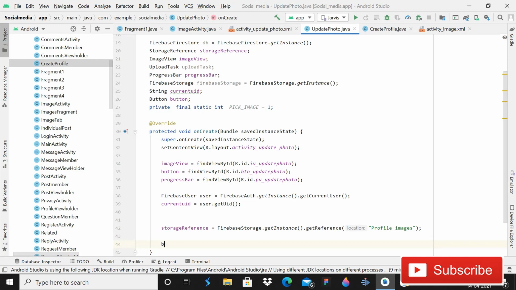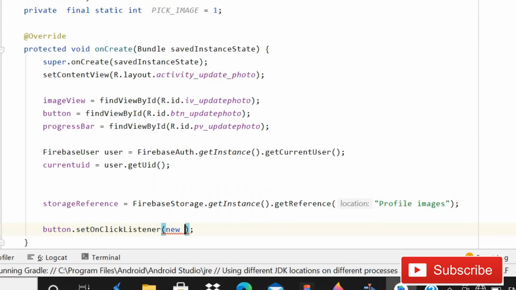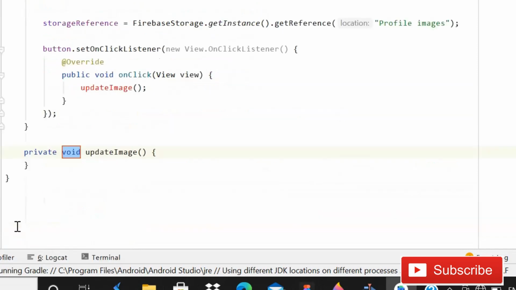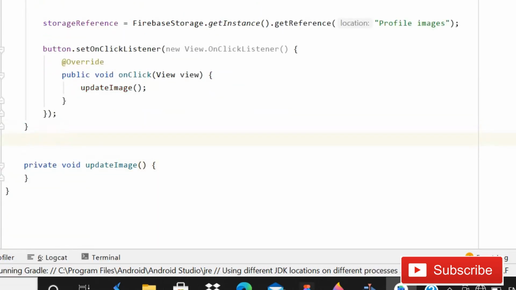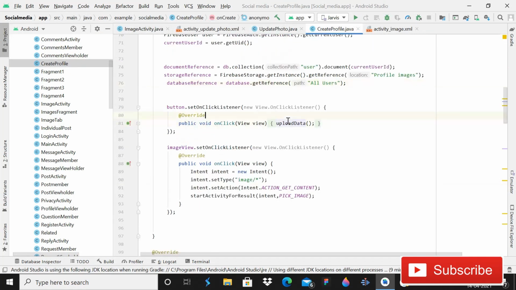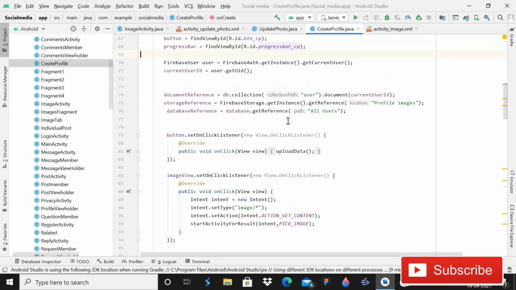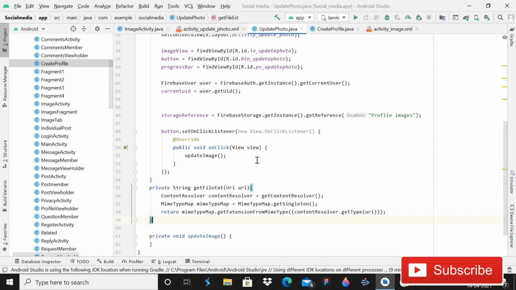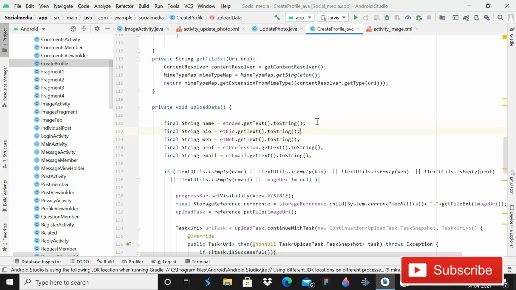And yeah, now it's time to implement button click listener, then set on click listener, then new on click listener. And now we will create a method update image, and then click on this red bulb, enter, update photo. Now we have this. After this guys, you have to open this, close this one, and go in this create profile activity. And this time we will copy the code, and that will be private string, control plus C, go back in this update photo, and then you have to paste that thing here. After this, go back here again, and this time